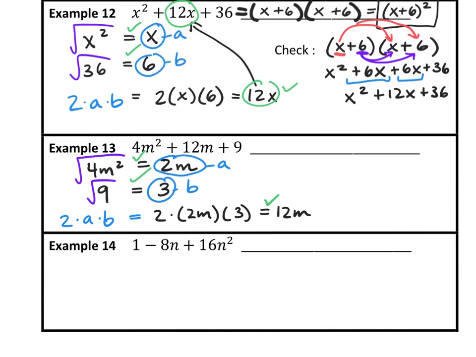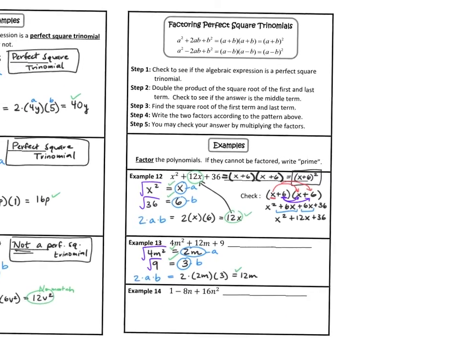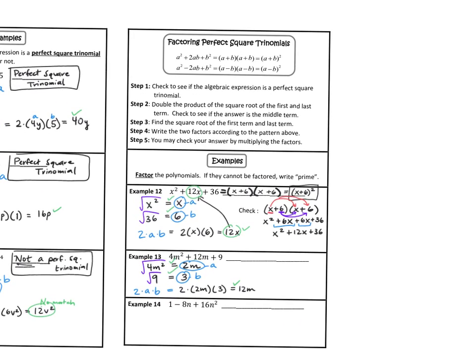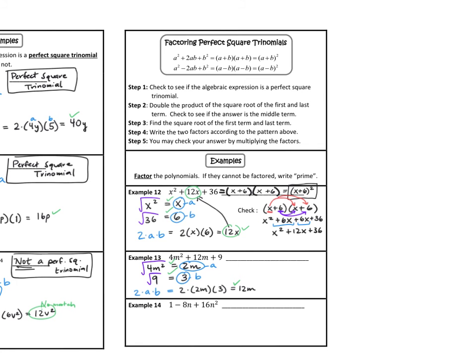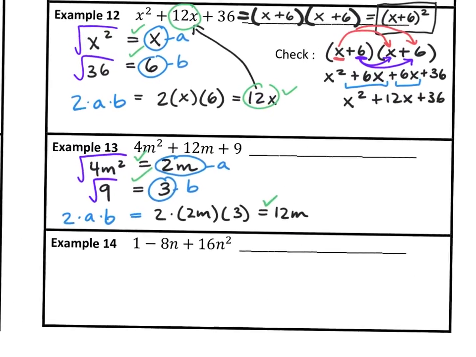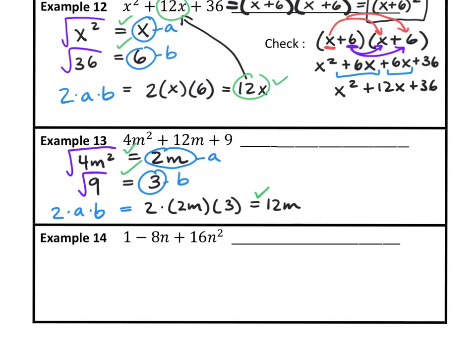All right. So at the top of the page, you want to ask yourself the same question again. Which pattern should I follow? Do I have a plus plus pattern or a minus plus? So it looks like I have a plus plus. So that means my answer is going to be a plus b times a plus b. So this is going to equal to